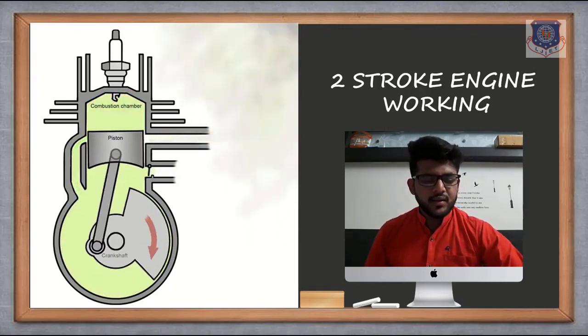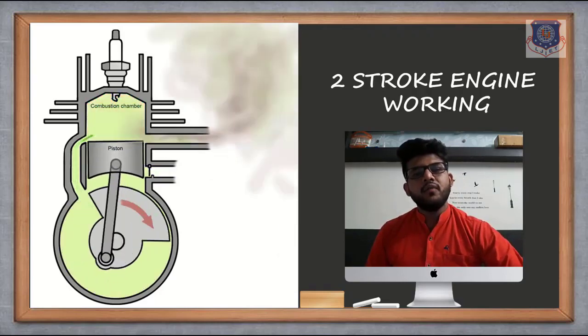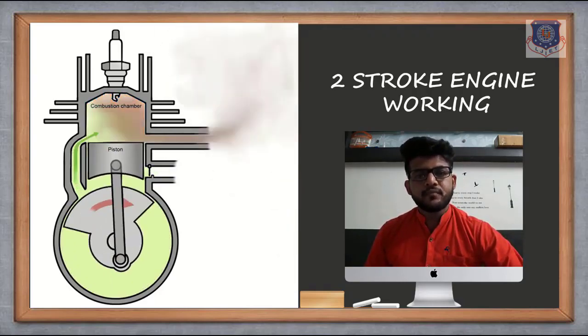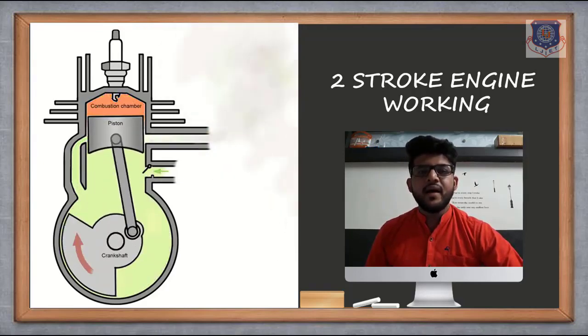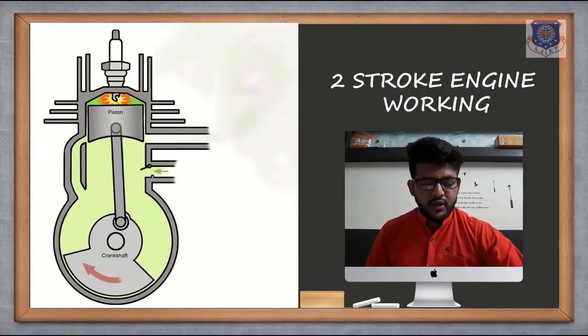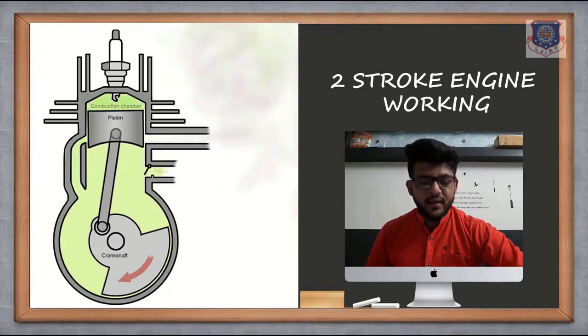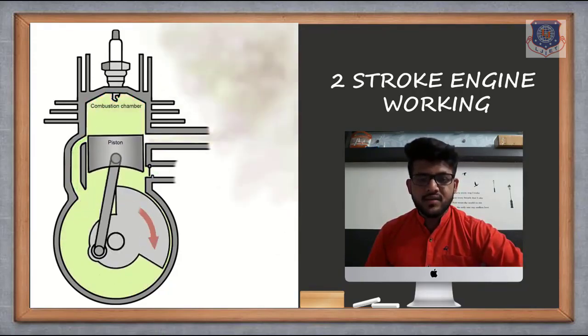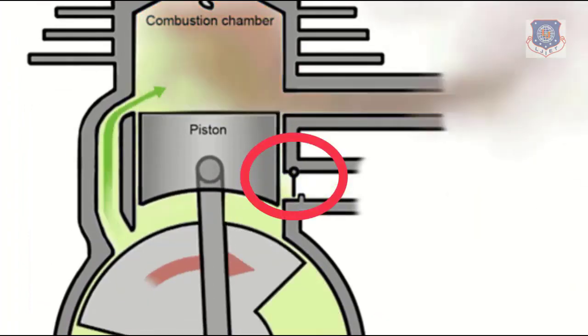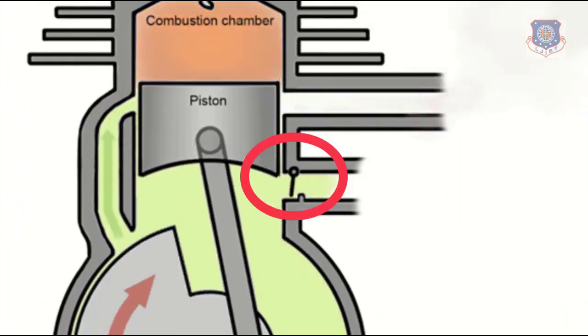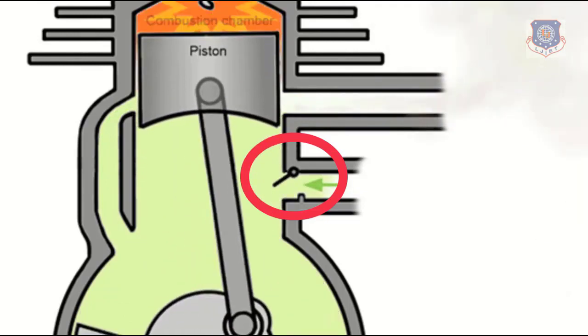Fine. So let's see how it works. So here you can see it is moving. Now we will inlet our fuel, that is air plus petrol in SI engines and air in diesel engines. Fine. So we will do inlet. Now for this inlet we have given this reed valve. You can see this operation. Now I am zooming the animation so you can see it clearly. Fine. So let's start. You can see this reed valve is operating.